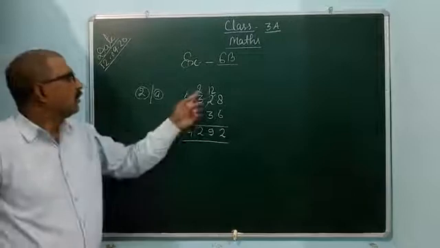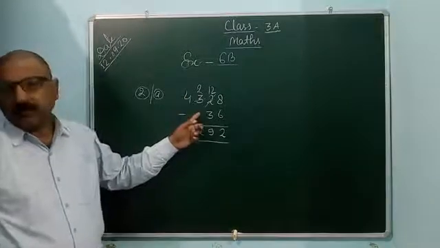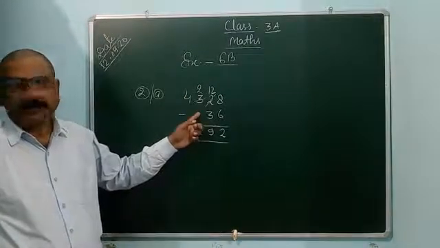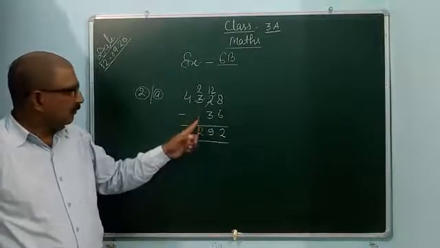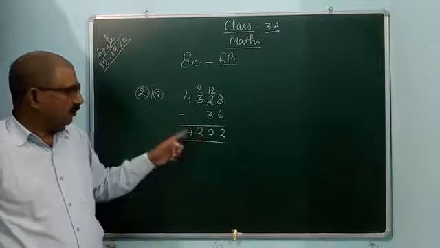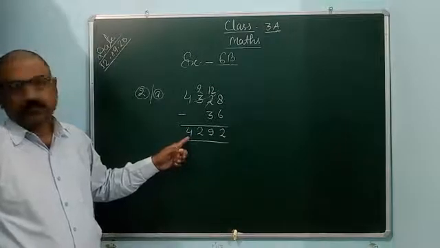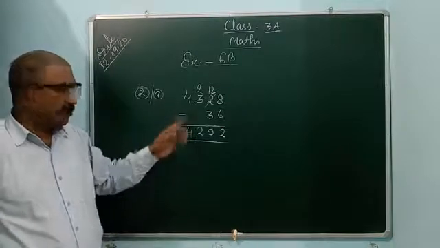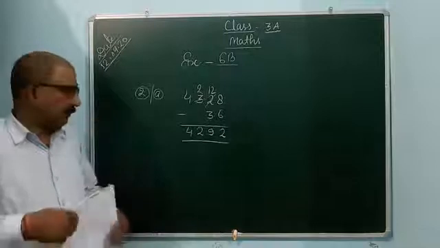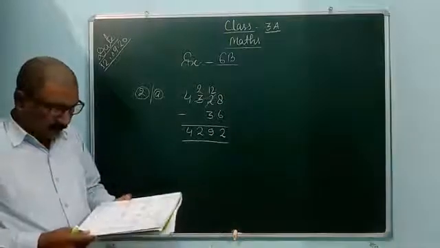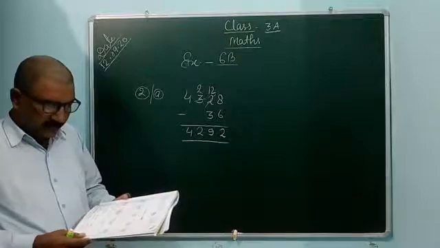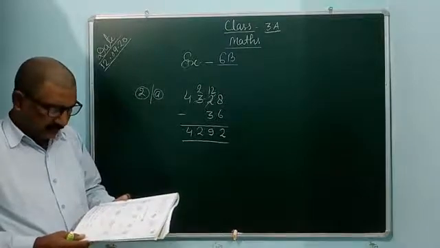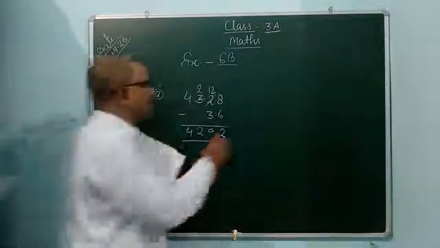You can write here 2, and 4 as it is you can write, because below 2 you assume 0. You can consider 0 here. So 2 minus 0, 2. 4 minus 0, 4. So in this way you can assume 0. Don't write 0, but you can assume here. Like this you can do. And you can do question number B, C, D, E yourself. You see question number F.